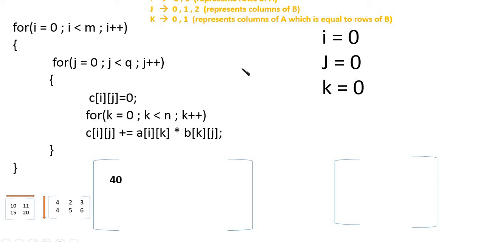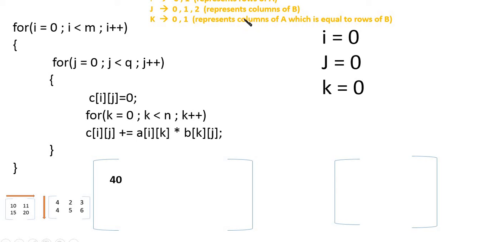Here I can have values 0 and 1. I represents the number of rows of matrix A. This is your matrix A. We'll find the product for the same matrices which we used in the explanation. So we have two rows, and 0 and 1 are the values for I. Then J represents the columns of the B matrix, that is 0, 1, 2. Here you have 0, 1 and 2. Three columns we have, so J can have these three values.